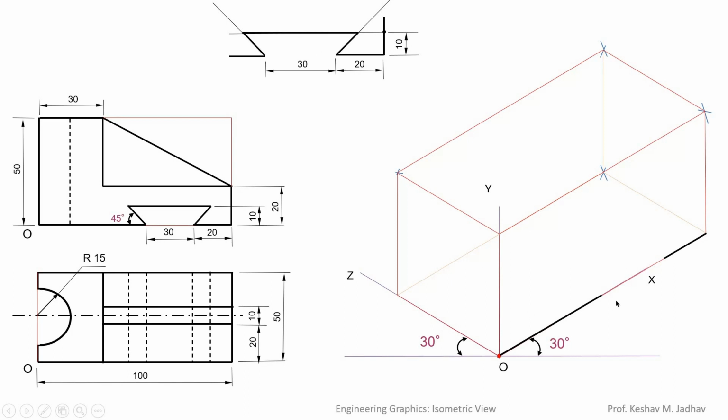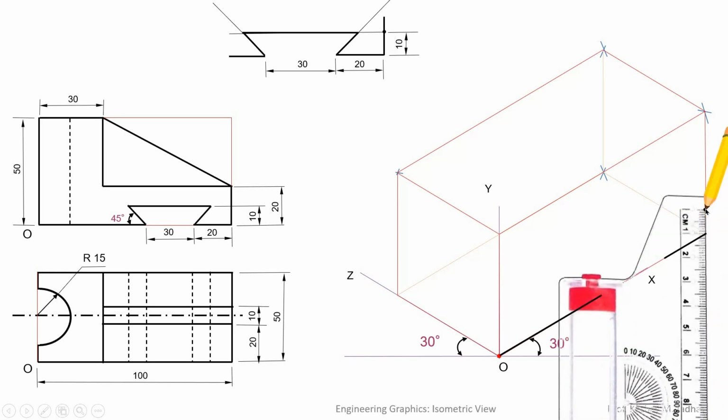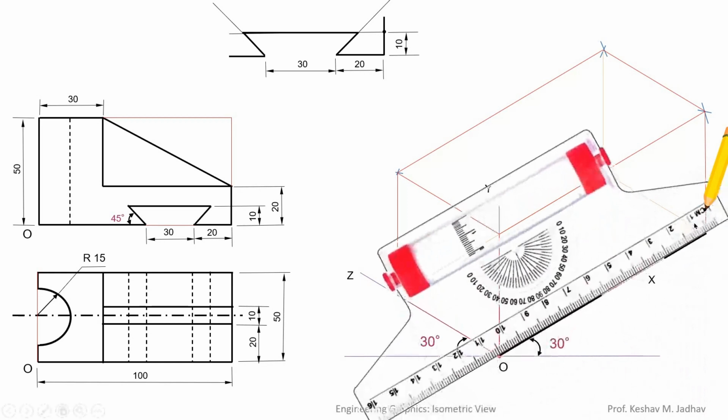Now while drawing the isometric view of non-isometric lines, that is inclined lines, in isometric view we have to locate the end points by taking vertical and horizontal distance. So these ends we have already located here. Now we have to get this end and this end. So first we will draw this horizontal line, which is at 10 mm in vertical upward direction. So from this end we will measure 10 mm distance and we will draw a line parallel to the x-axis from this